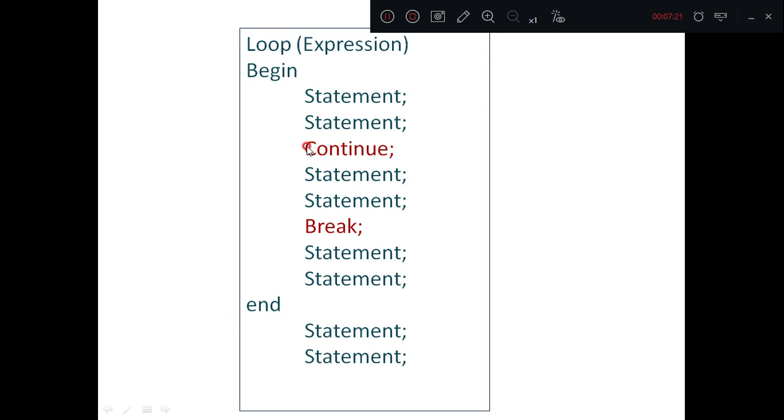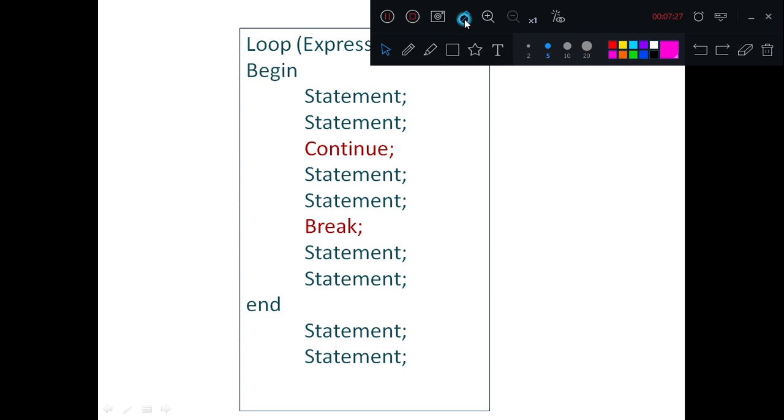So when the continue is encountered, where exactly does the control go? I'll take a pen. If this continue is executed, the control goes from this point to the beginning of the loop. It skips the remaining part of the loop.